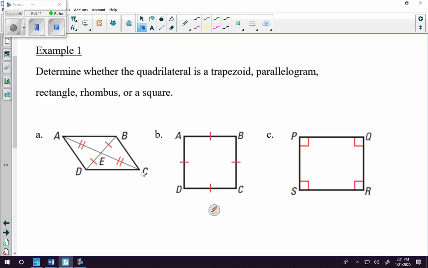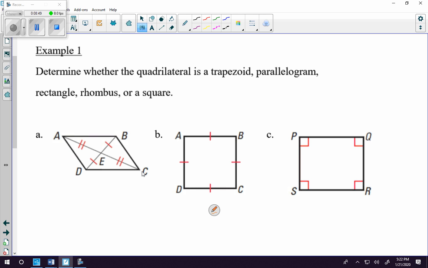Does that hold true in a parallelogram? Yes. Does that hold true in a rectangle? Yes. Does that hold true in a rhombus? Yes. And does that hold true in a square? Yes. The reason why we're not going to go with square or rectangle in this case is because we don't know anything about the angles in terms of the angles being four right angles for square and rectangle, and for rhombus being that the opposite angles would have to be congruent, which would also be true